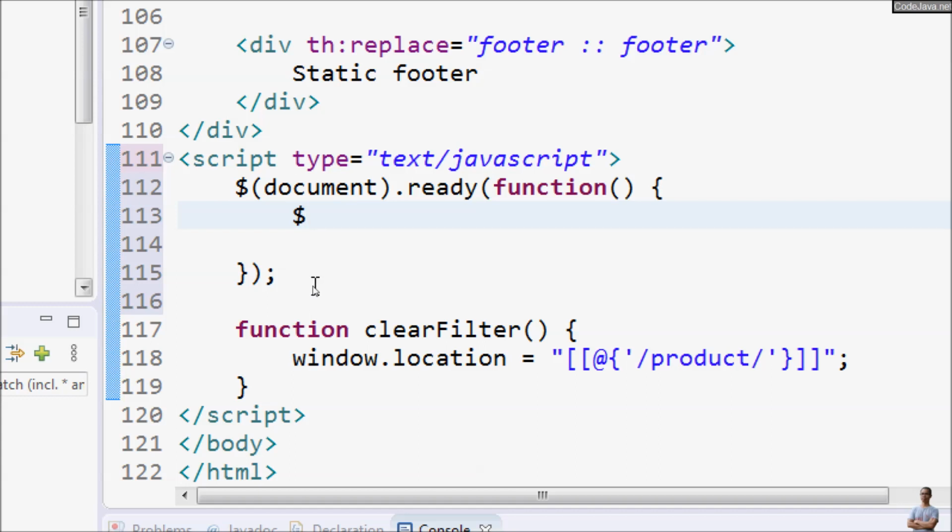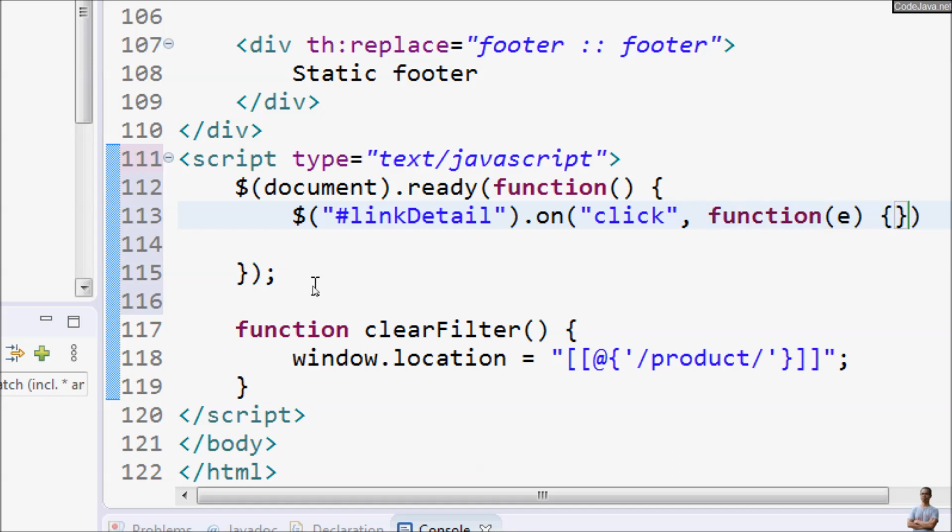Here we select that hyperlink link detail and override the on click event, function e. E is an event,